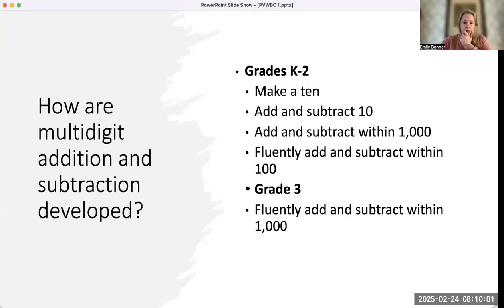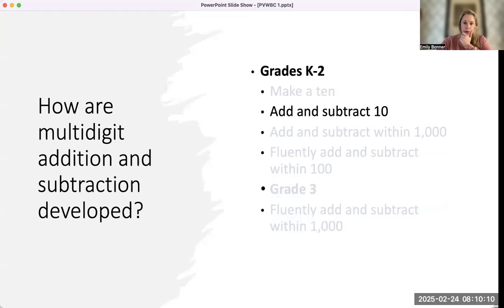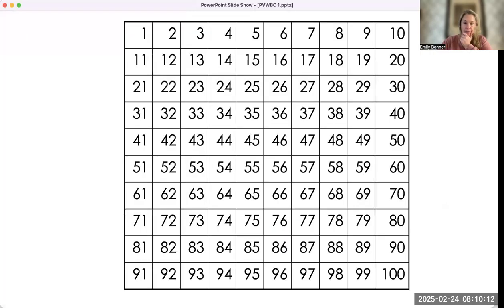Okay, so then the last little bit of this I want to talk about is thinking about adding and subtracting using those place value strategies. So adding and subtracting to 10. So the hundreds chart is a really effective tool for this. And what I want you to do now is we're actually going to use this in class next time I see you. But